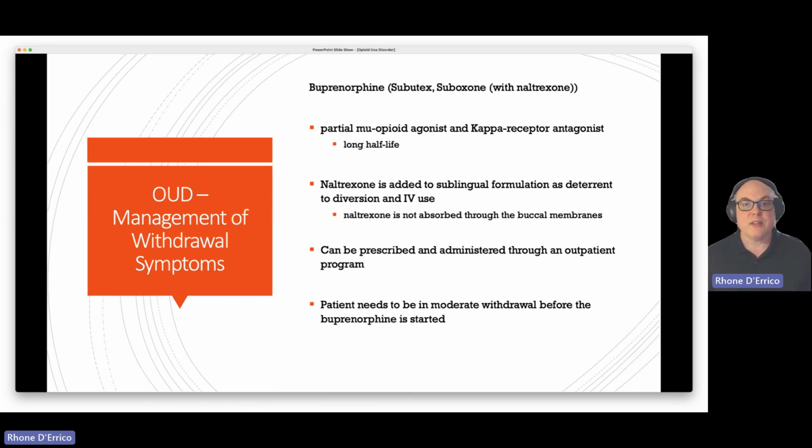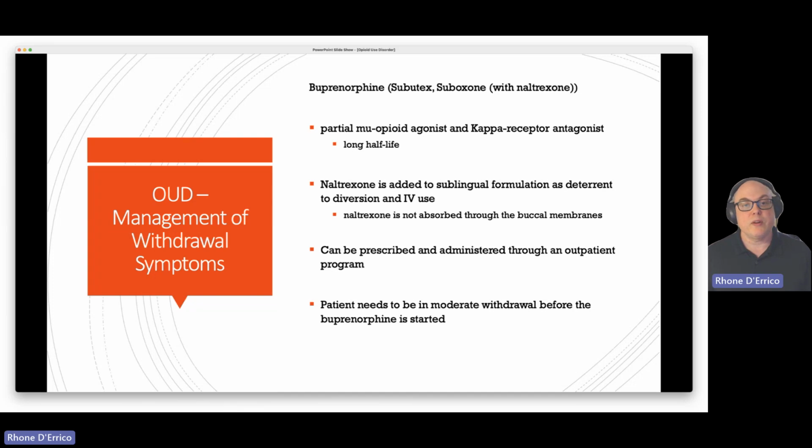The naloxone does nothing in the sublingual formulation. So Suboxone is generally a sublingual tablet, so it's either a film or a tablet that dissolves in the patient's mouth. The naloxone does nothing for that. The naloxone is there so that if the patient tries to break it down and inject it or sell it to someone that's going to inject it, which definitely does happen if they're going to divert it for that, at that point, the naloxone becomes active and they get absolutely nothing from that injection. And in fact, if they're using other opiates, it will push them into withdrawal. So it's a trick for diversion prevention. It's that patients know, don't even bother trying to inject this because not only is it not going to get you high, it may actually push you into an unpleasant withdrawal.